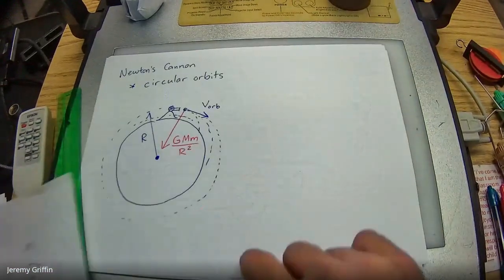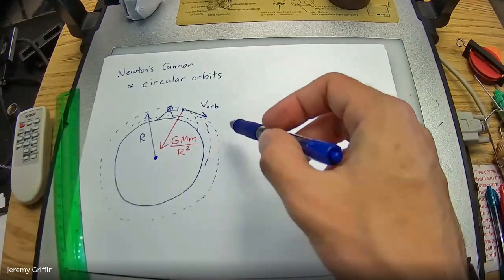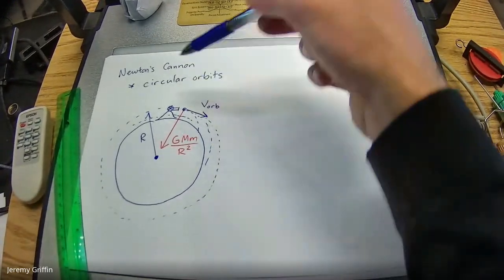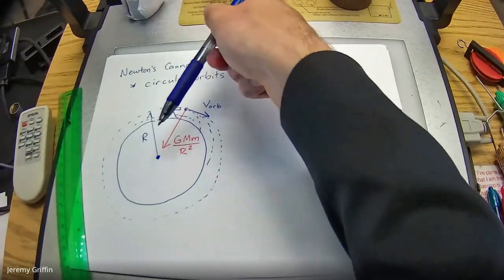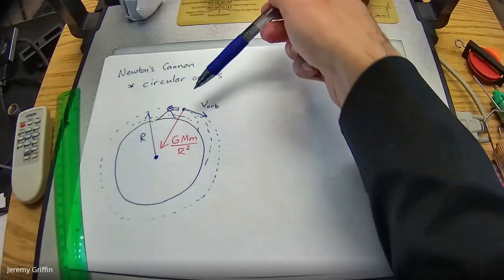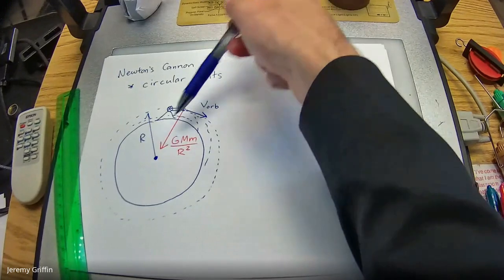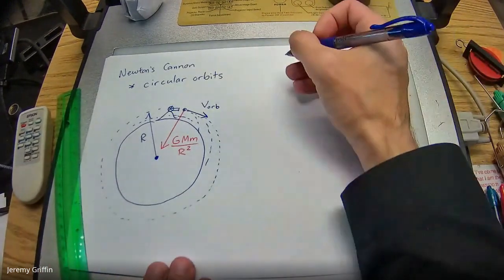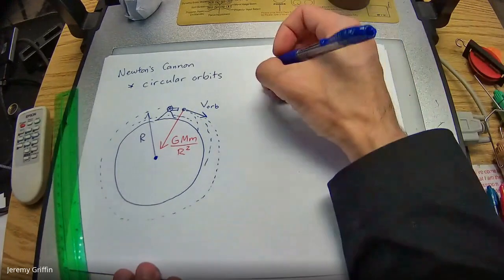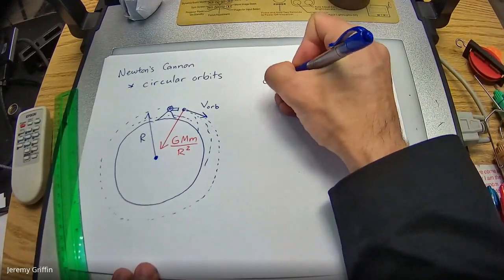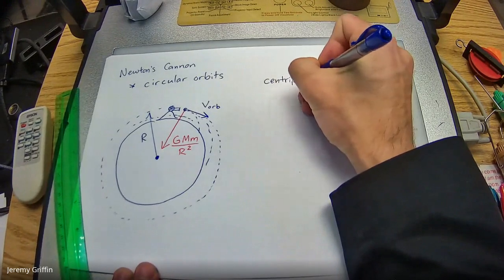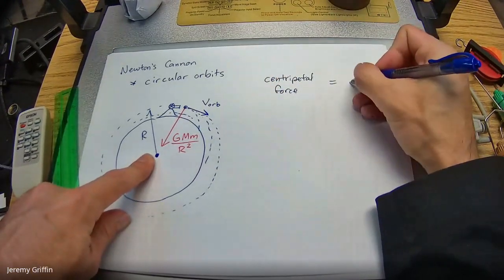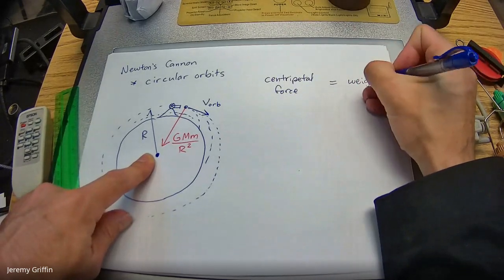Does this look a lot like your lab from last Thursday, Friday? You had a Play-Doh canister, and the force was being provided by the tension of the string, which was provided by that hanging weight. But in this case, it's just the weight of the cannonball itself, but same idea. It's got a centripetal force. Centripetal force is its weight. Let me make that note over here: centripetal force for this example is being provided by the weight of that cannonball.